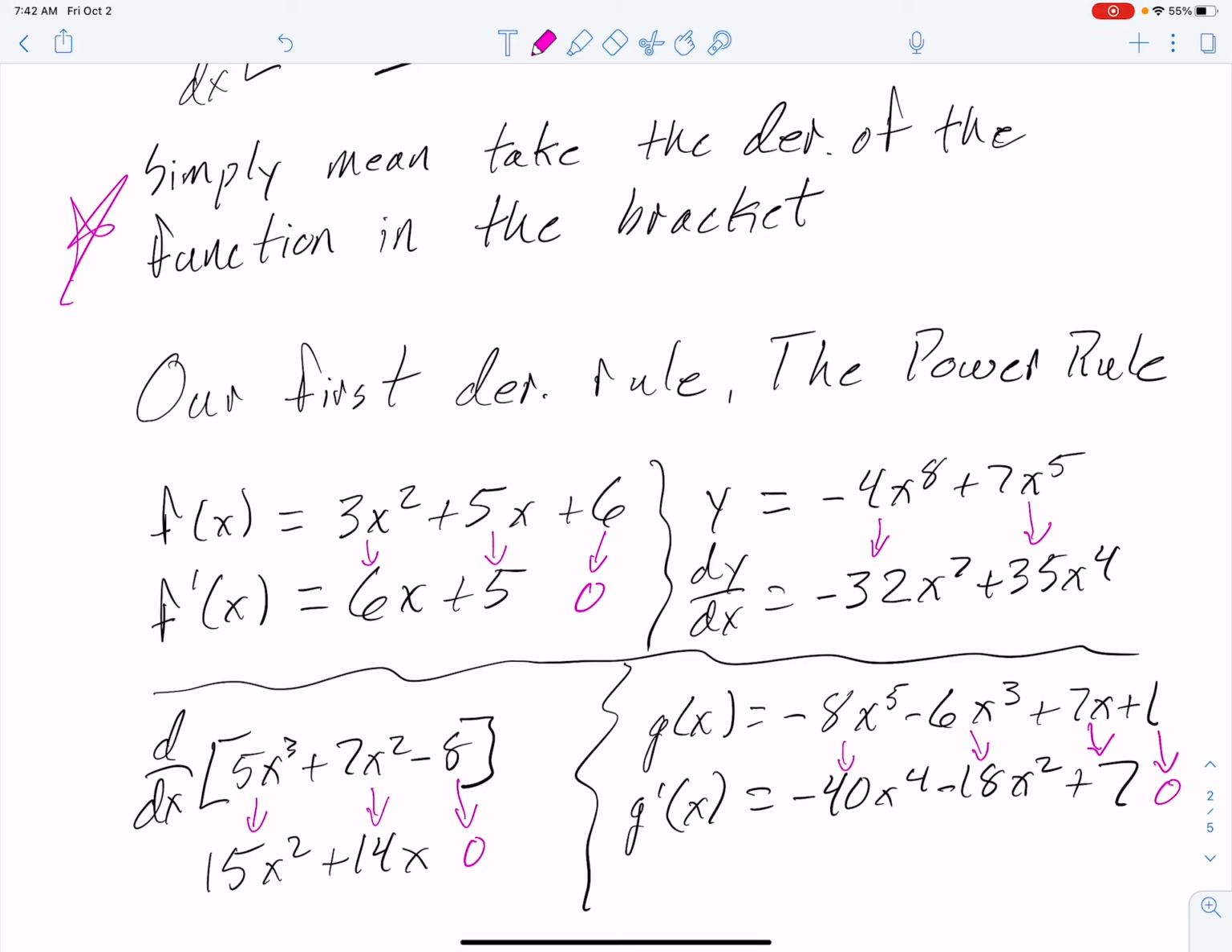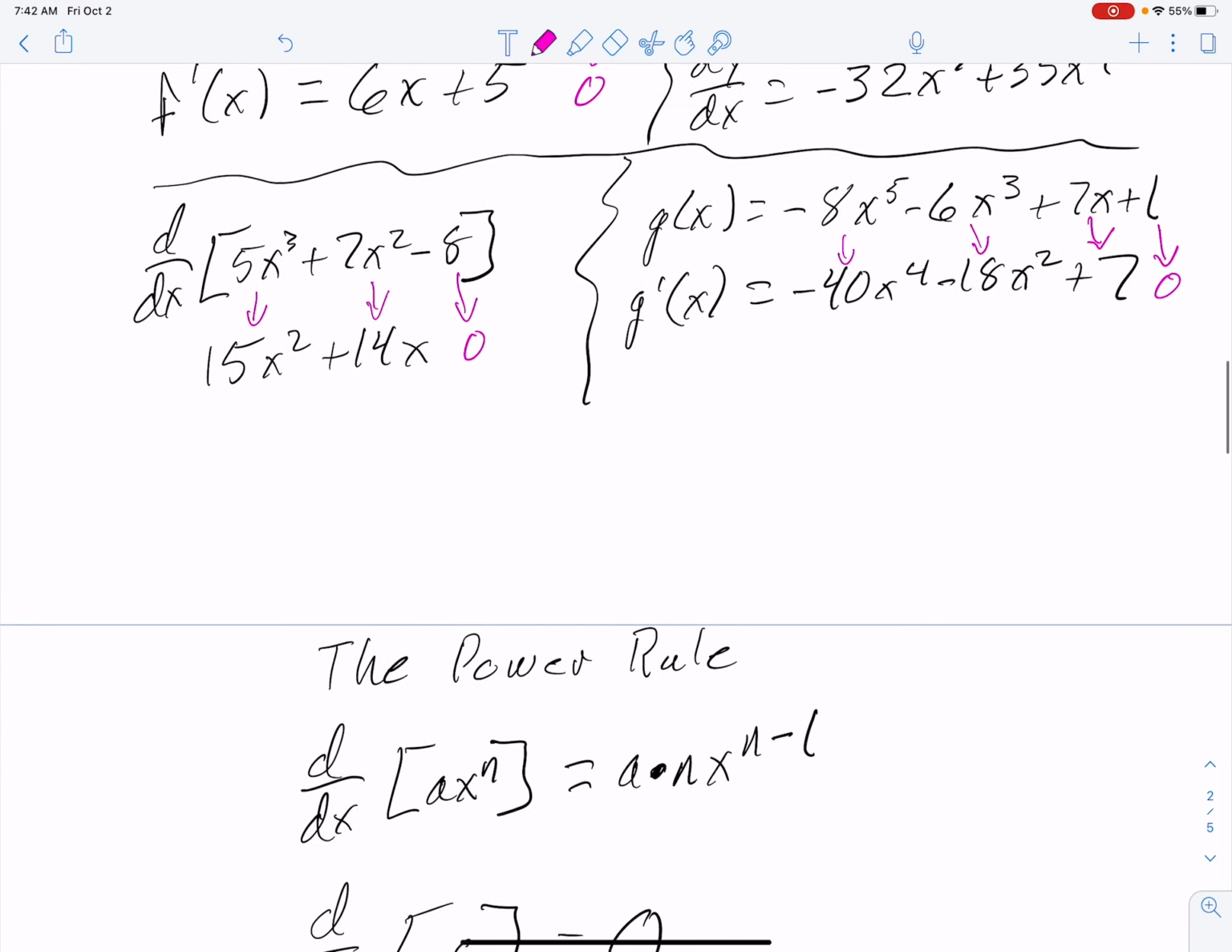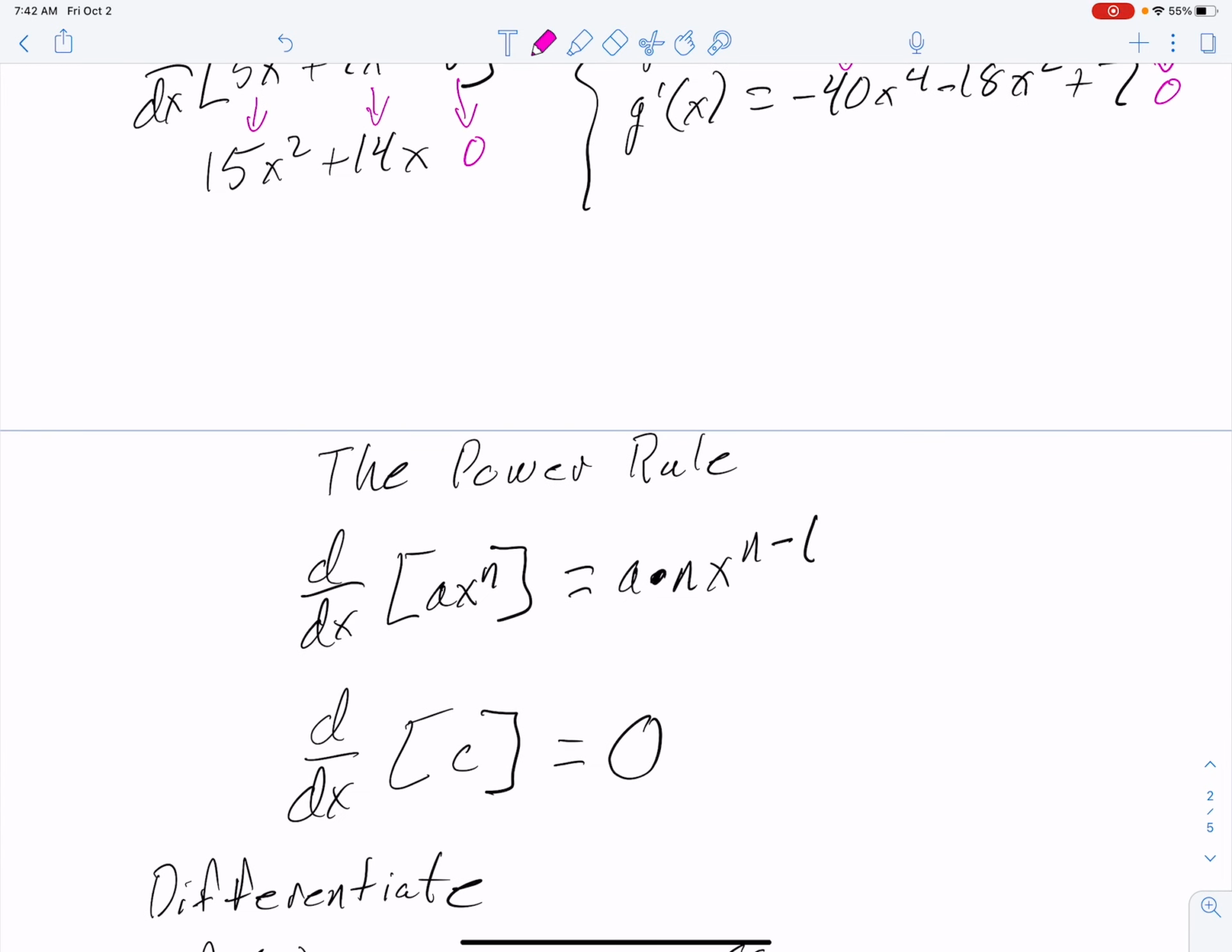You might even be able to predict what this power rule is going to be. And so when we take a look at our formal definition, the power rule says the derivative of ax to the n power is a times n, in other words, coefficient times exponent, and then exponent minus 1. And if you've noticed from those last few examples, the derivative of a constant is 0. No variable